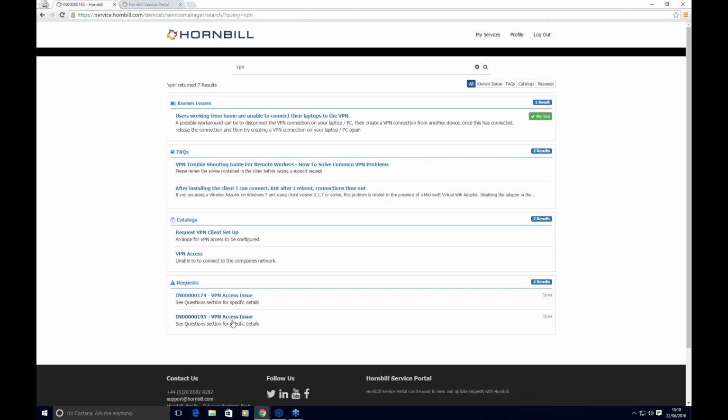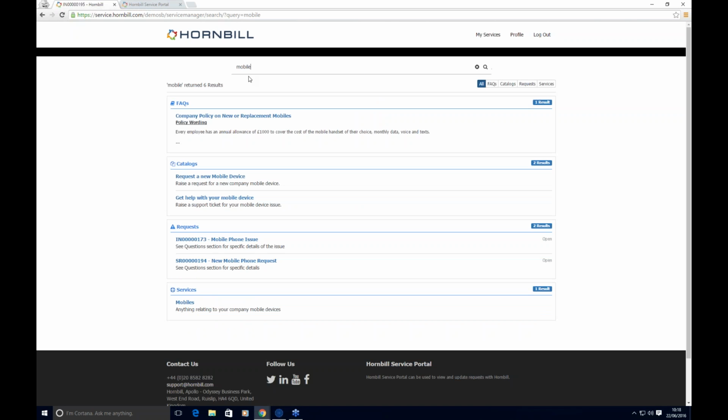It's going to show me any of my existing tickets that I've already got logged. Changing that up slightly, maybe I'll come on here because I want to look at what our corporate policy is around our mobiles. What am I entitled to? How much annual allowance do I get? Where do I go to actually request a new mobile device? All of that information is quickly and easily available to me, and I can do that through this search option